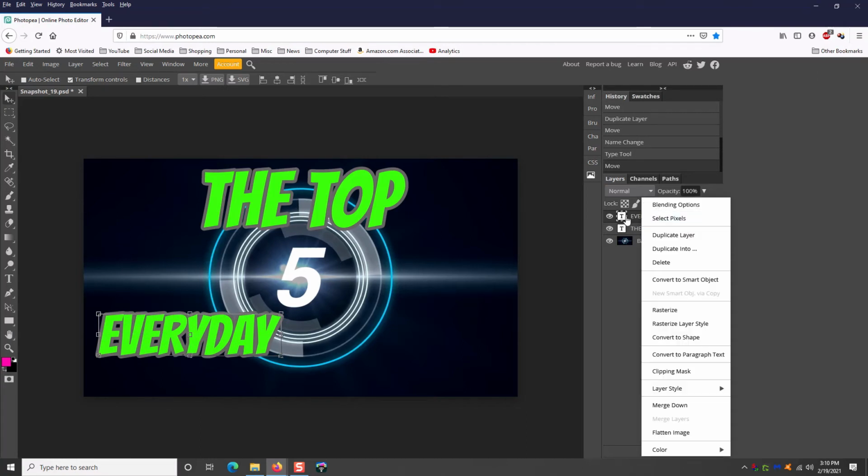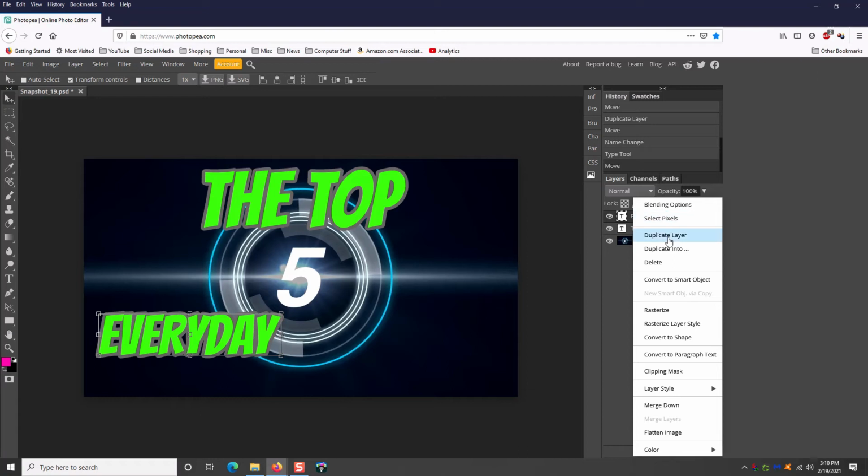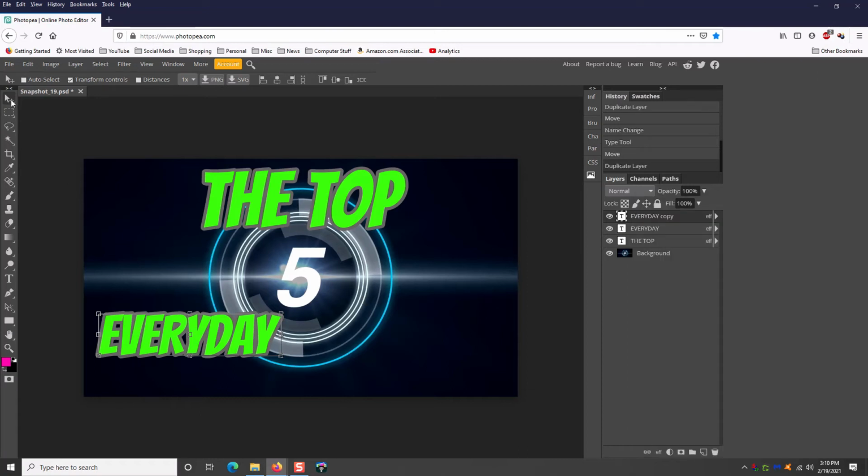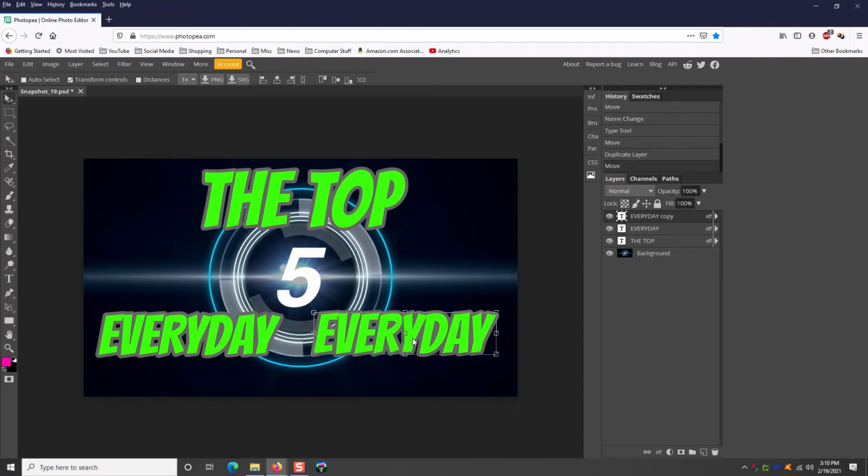Right click on the layer, duplicate layer, go up here to the move tool, and now I can put it there, and then rinse and repeat. Rename the layer by just double clicking on it and typing over it, just like that. And then while that layer is selected, go to the text tool,